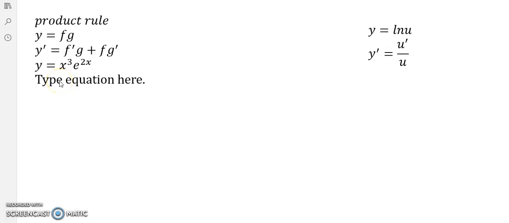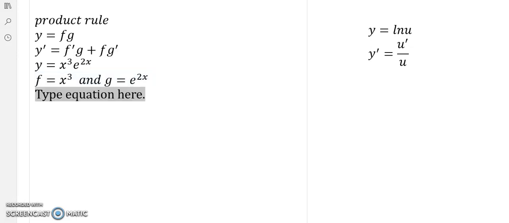Okay, we're going to let f and g, then f will be x cubed and g will be e to the power 2x. Yeah, just like that. Okay, let's find f prime equal to 3x to the power 2, and